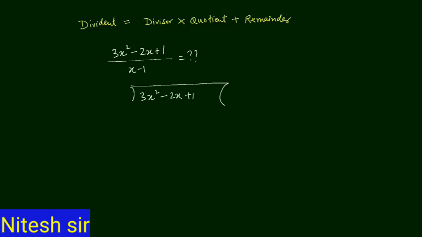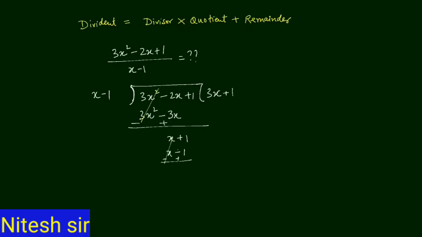So what we will do, we will divide 3x square minus 2x plus 1 by x minus 1 by the traditional method. So here 3x square, so we need to multiply by 3x, so it will come 3x square. Now we will subtract, so both will cancel, and 3x multiplied by minus 1 is minus 3x, and here minus minus is plus, so plus 3x minus 2x, that is x, and plus 1. So we need to multiply by plus 1 because x is here, so x minus 1, so x and x both are cancelled, and minus 1 will change into plus 1, so plus 2 is the remainder. What is the remainder here? Plus 2 is the remainder. So we are getting remainder plus 2.